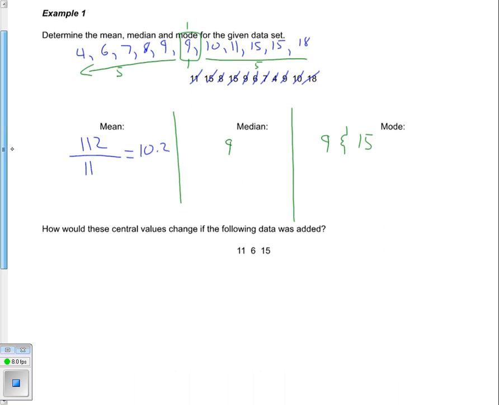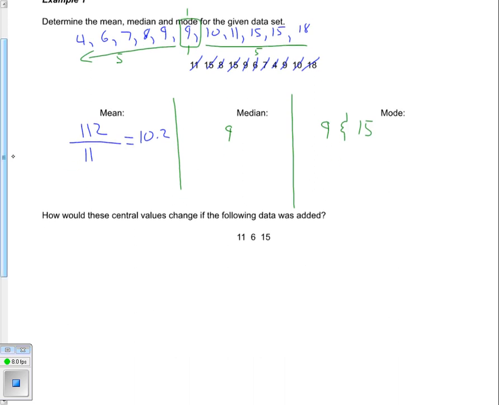So I'm just going to shift this up a little bit, and then I'm going to rewrite out the data set, and now I'm going to input the 3 new numbers, the 11, the 6, and the 15. Okay, so I'm going to write this out. I've got 4, then the original 6, my new 6, then 7, 8,